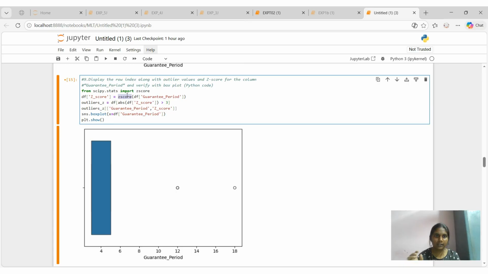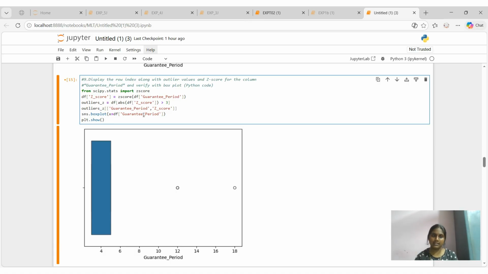For outliers, we are taking the absolute value which is greater than 3. In outliers, we are giving guarantee period and the z score value as the columns, and with that we are plotting